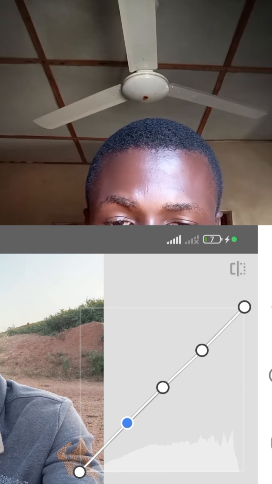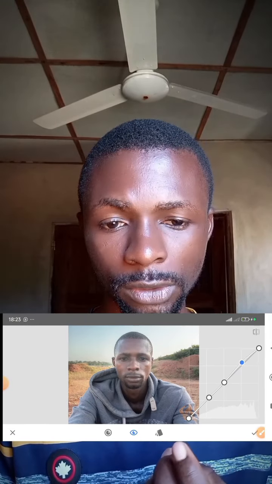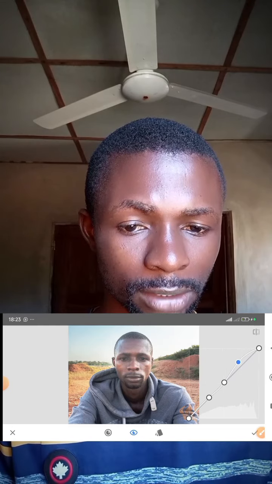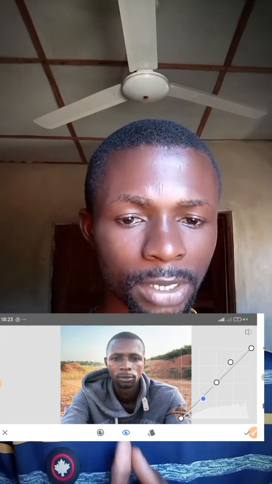But to achieve a contrast with this, let's take this image as a reference. To achieve a contrast in this image using curves, what I simply need to do is to increase my highlights and also bring down the curve of my shadows. By so doing, I'll be able to separate the details of the brightness and the darkest part of my image, and then be able to create a better contrast and make the image